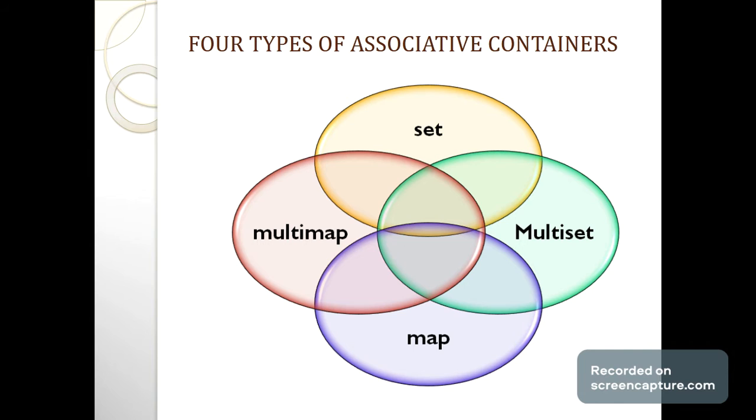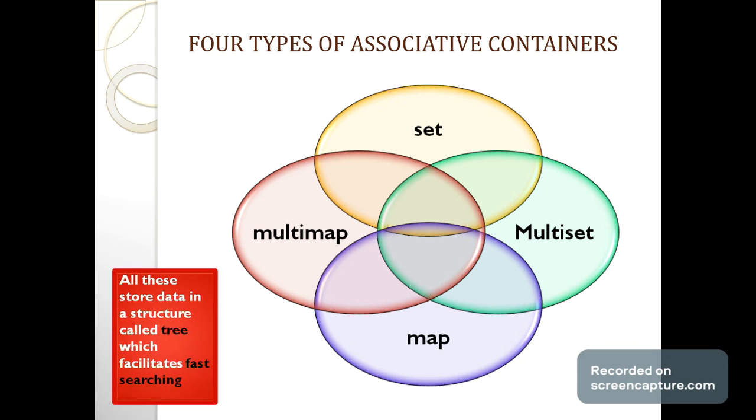Where set and multiset have only keys, means whatever values are retrieved using keys. Whereas map and multimap, for retrieving the values you should give the name of the value as well as the key along with it. Now, the difference between set and multiset is that set allows unique elements, whereas multiset allows duplicate elements also. In the similar manner, map allows unique elements, whereas multimap allows duplicate elements also. So we are going to see these four in detail.